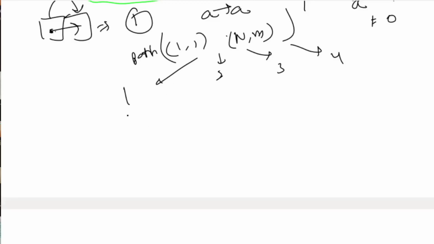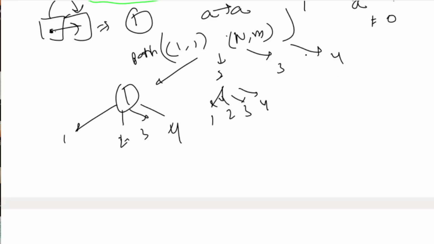And similarly this problem will have 4 more cases, and similarly so on. This will also have 4 cases, 1 2 3 4. So you can see that in each step the number of cases gets multiplied by 4. Initially I had only 1, then I had 4, and now 4 for this, 4 for this, 4 cases for this, 4 cases for this, so 16. So you can see that the number of subcases is increasing exponentially.